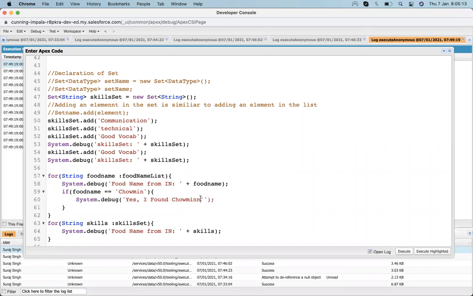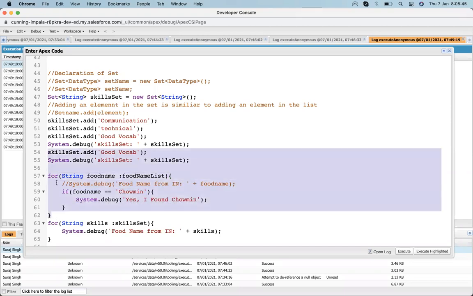So I need to run the loop and compare each element with the particular thing I am searching for, and once it is found, it will behave in such a way.